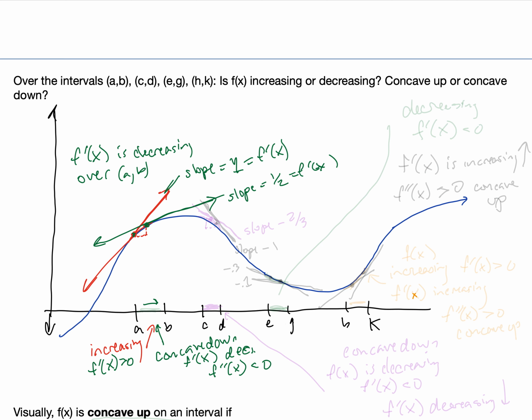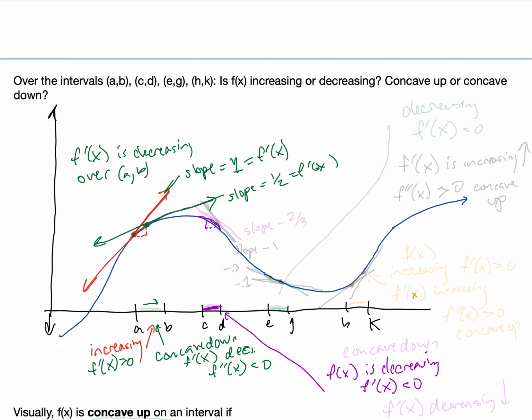Now, what about the interval from C to D? So the interval from C to D, we could use purple. And what is happening to that function at that point? Well, as we go over in x, we're going down in y. So over this interval from C to D, we see that the function f of x is decreasing. So the function is decreasing, and so f prime of x, the first derivative, is less than 0